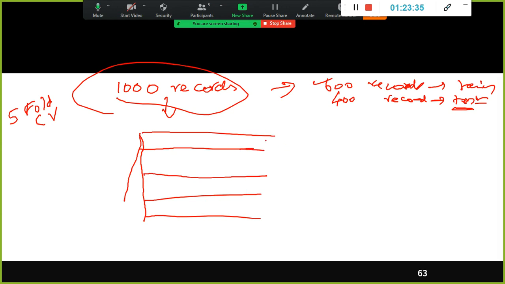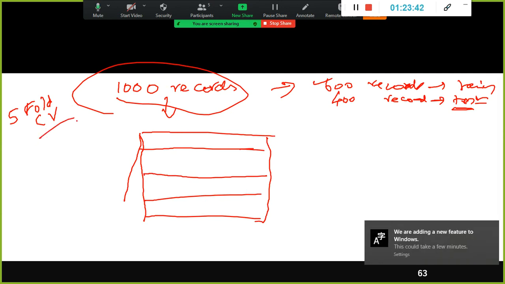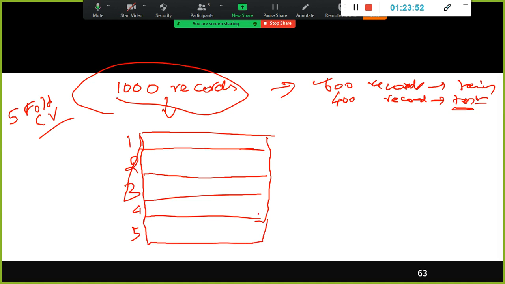I take the existing data set and divide by 5. 5-fold cross validation. I create 5 folds, and each fold will have 200 records, right? Kind of splitting the given data into 5 different, kind of equal parts.